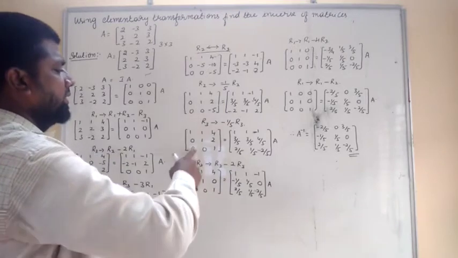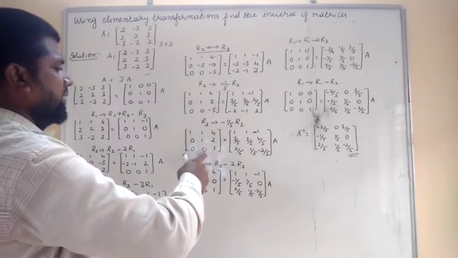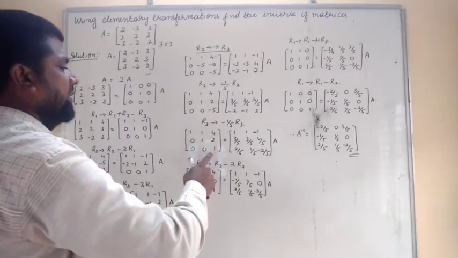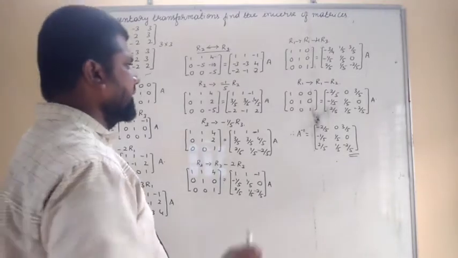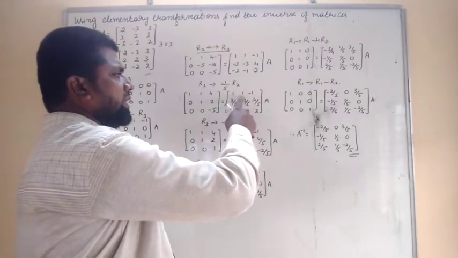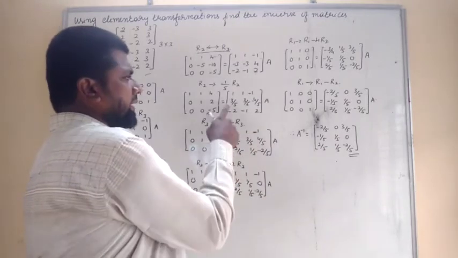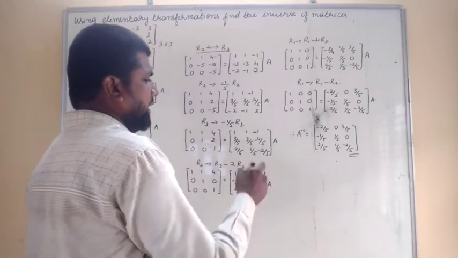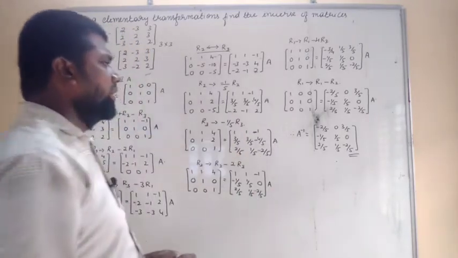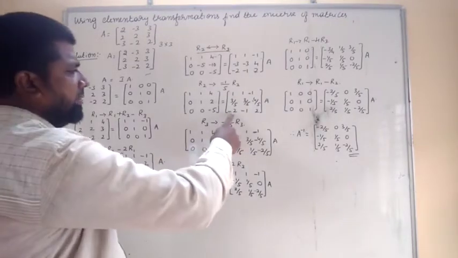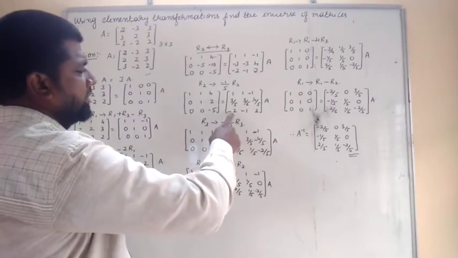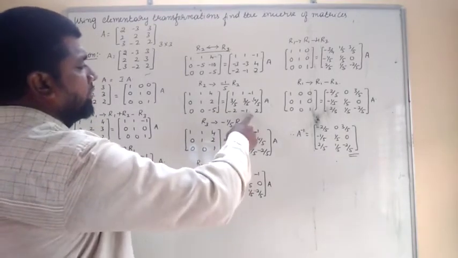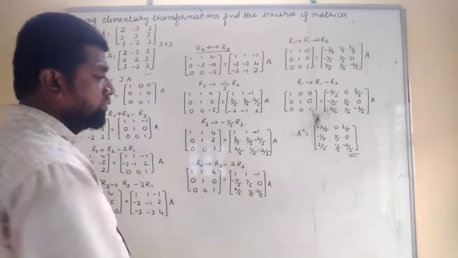Minus 1 by 5 into 0 is 0. Minus 1 by 5 into 0 is 0. So here minus 1 by 5 into minus 5, minus into minus plus, 5 by 5 means you are getting 1 here. In the right side you have to write the same thing. So the first row you should write as it is, 1 1 minus 1. Then in the second row 3 by 5, then minus 4 by 5 you have to write. Then again the third row should be multiplied with minus 1 by 5: minus 2 into minus 1 by 5, minus into minus plus, means 2 by 5 you are getting. Minus 1 by 5 into minus 1 is 1 by 5. Again 2 into minus 1 by 5, you are getting minus 2 by 5 here.